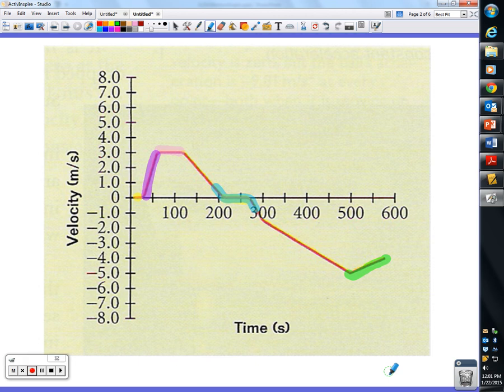From 300 to 500, even though this isn't one of the questions, over here, orange, from here to here, even though the line tilts downward, physically, it's doing what? It's speeding up. It's just speeding up while it's going backwards. Technically, right here at this spot,